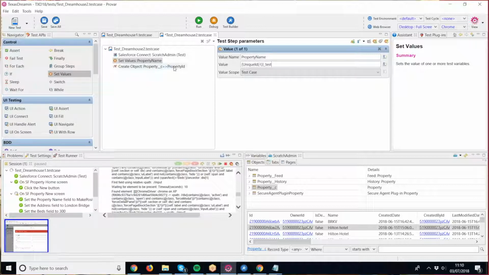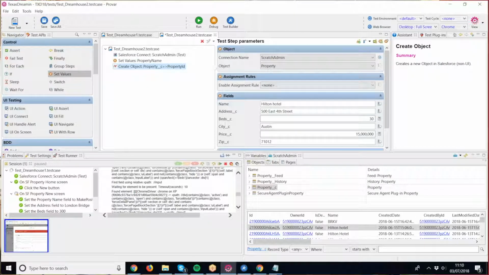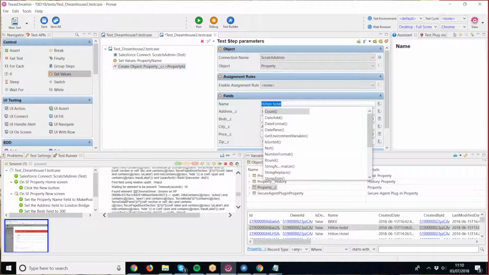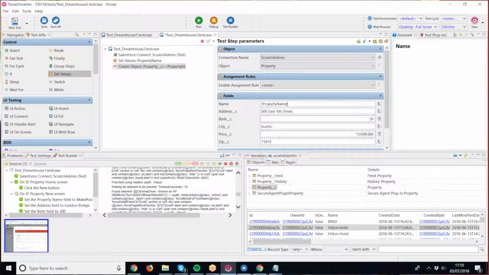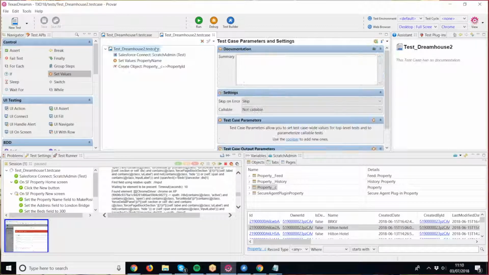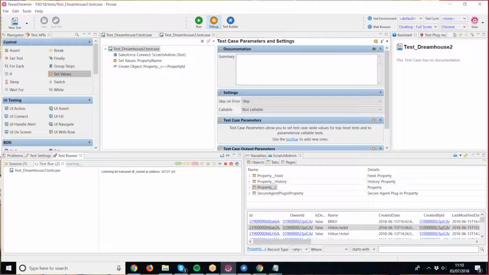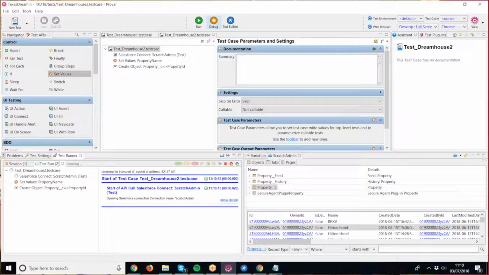Now from our perspective, we then want to use that variable. So if I go ahead, control spacebar, and then I just need to go and find that on the screen. So property name is there, and then essentially we have our test case. If I come out now and just want to run this, I can run this very quickly, and hopefully you can see the value here where we're able to create this test quite quickly with drag and drop,